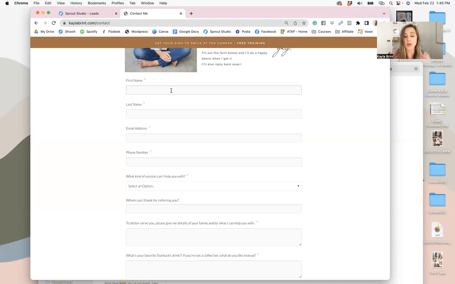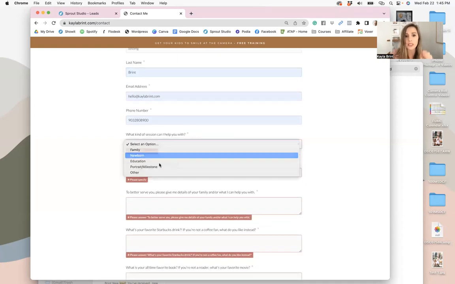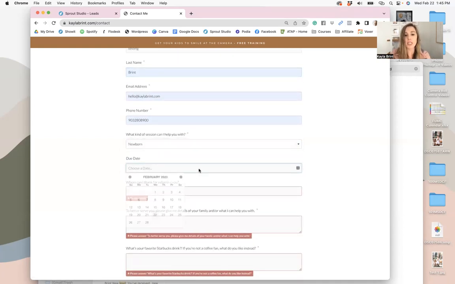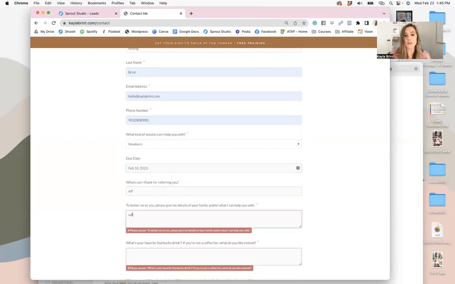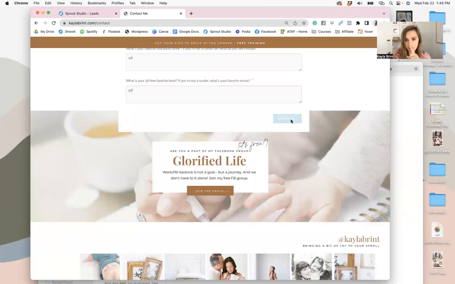So I can be talking to them on social media. I can be talking to them, like I said, in person. This is where it all goes. And I am literally just typing stuff in here because it's going to make me answer all of these questions. But as soon as they hit submit,